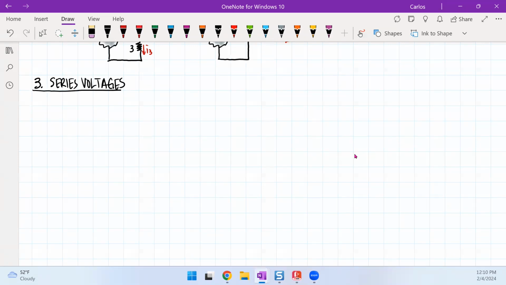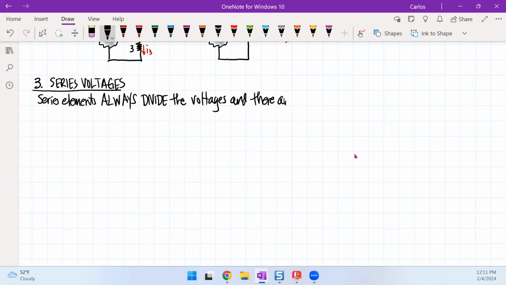What we know here is that series elements always divide the voltages. And this is where we talked about the fundamentals of series circuits here. So series elements always divide the voltages, and